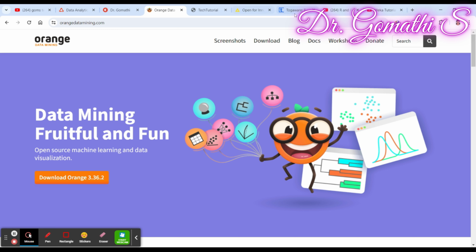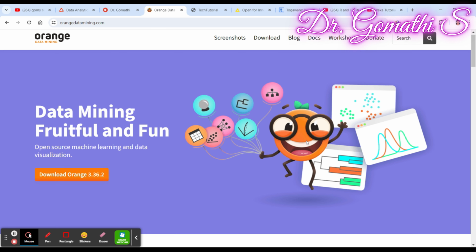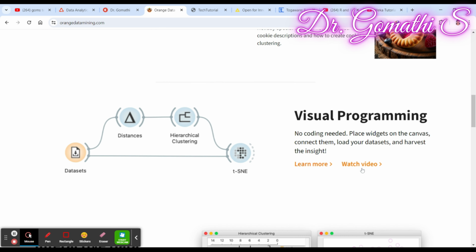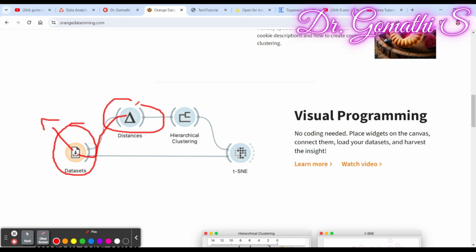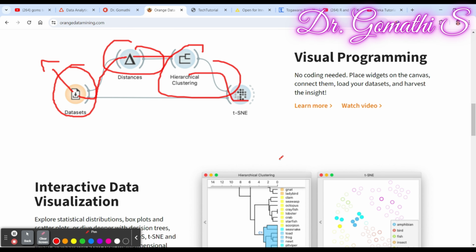So you can just go and click here. You can see the download. You can see how Orange data mining looks like. It is completely drag and drop. You have to drag this particular workflow from the available widgets. It's like a data set. You have to configure the data, and then do the clustering, and then do some statistical analysis.